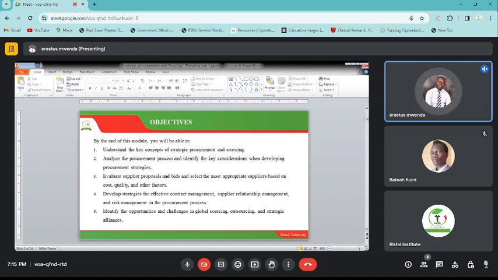Like today, I was calling a certain guy to do some printing work for me. It was around 1 p.m. and I was telling them by 3 p.m. I need to collect. And they told me it is not possible to collect that document within 2 hours, because maybe they are not through with designing the template or the document that I needed. So in matters procurement, when you are talking about resources, then time is of essence.